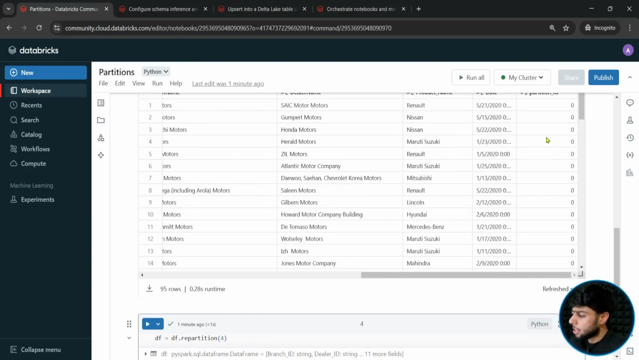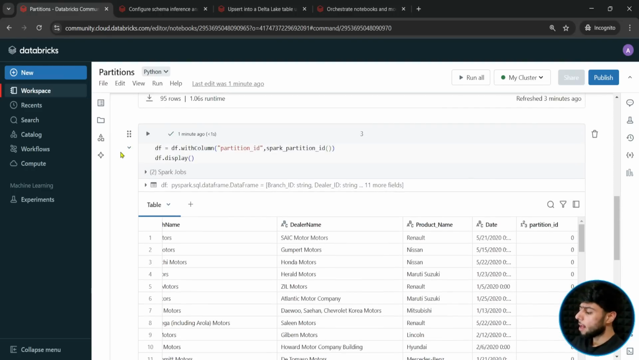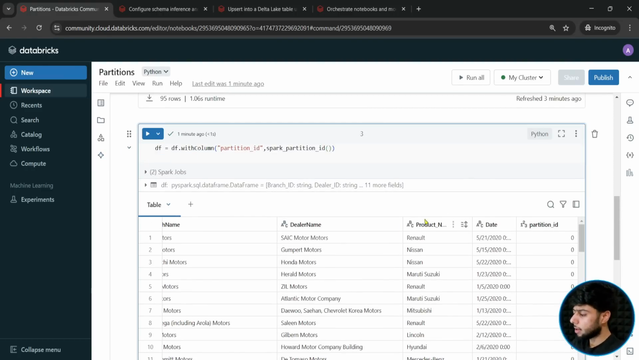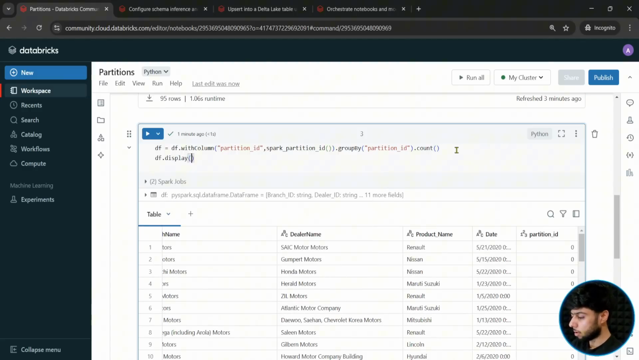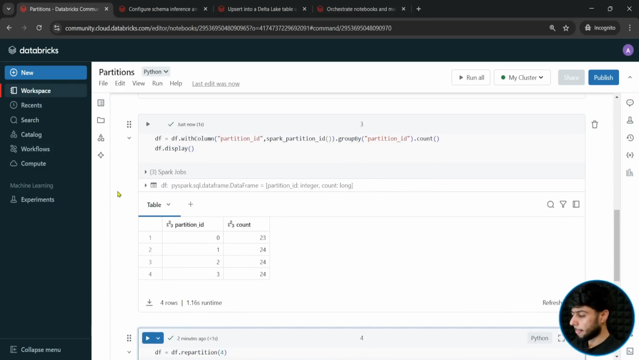Now as you can see, we have a partition ID column. So I will simply go here and say dot group by, and I'll apply group by on top of this column, which is called partition ID. Then I will apply a count aggregation because I want to find the count. Let me say df.display now. Let me run this. Perfect. So it is saying your 0th partition has 23 records, then this has 24, second has 24, 3 has